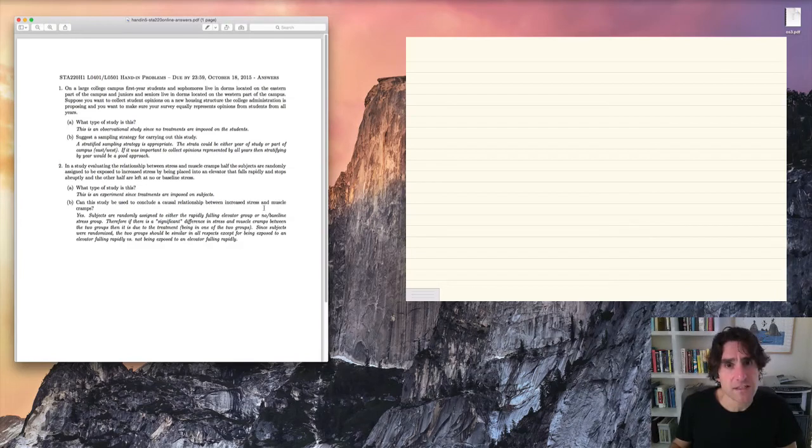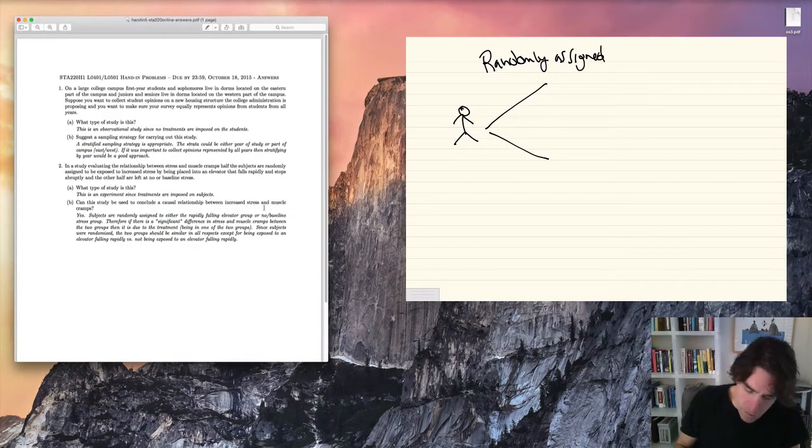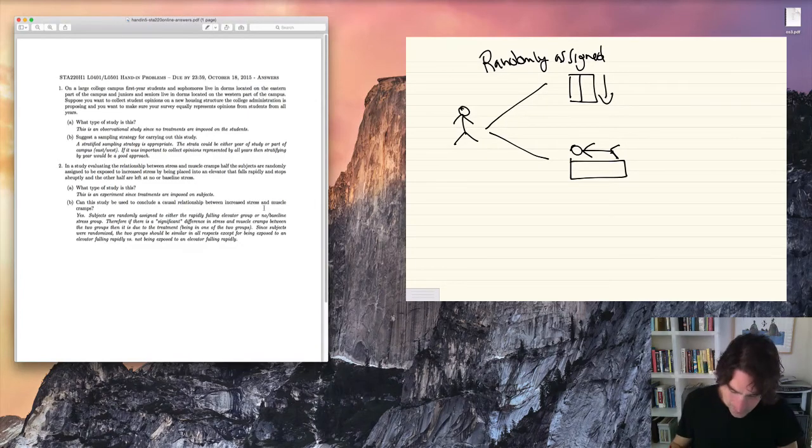Well, let's take a look at the study design. So the study design is basically we have a subject like this, and then they're randomized, so they're randomly assigned to one of the two groups, either the elevator group, draw an elevator here that falls rapidly, or just the normal baseline no stress group. So here they're lying down on a bed. And then after they're assigned to the groups,